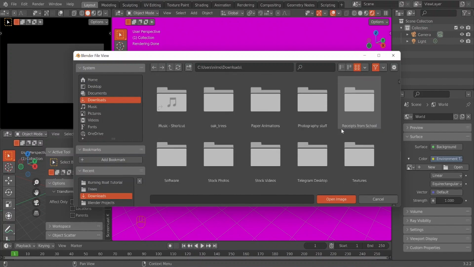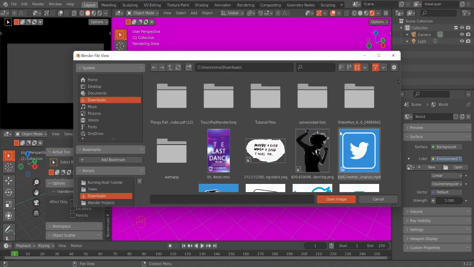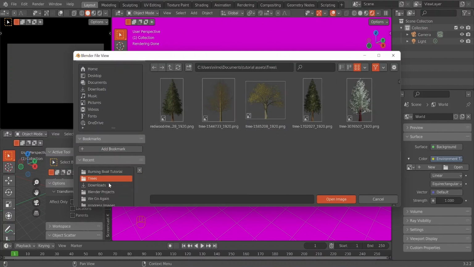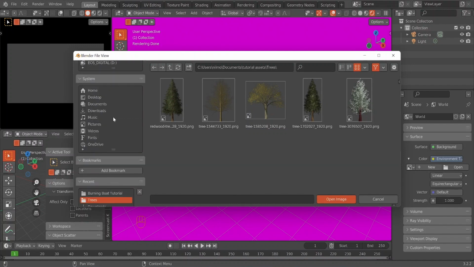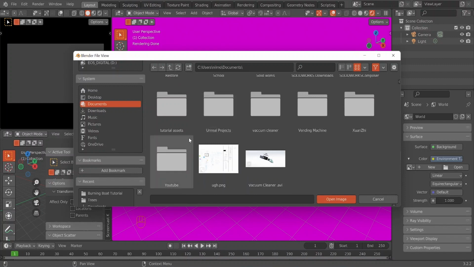Hold up. It should be there. I'm still looking for it, and I think it should be exactly where I left it. Documents, tutorial assets,